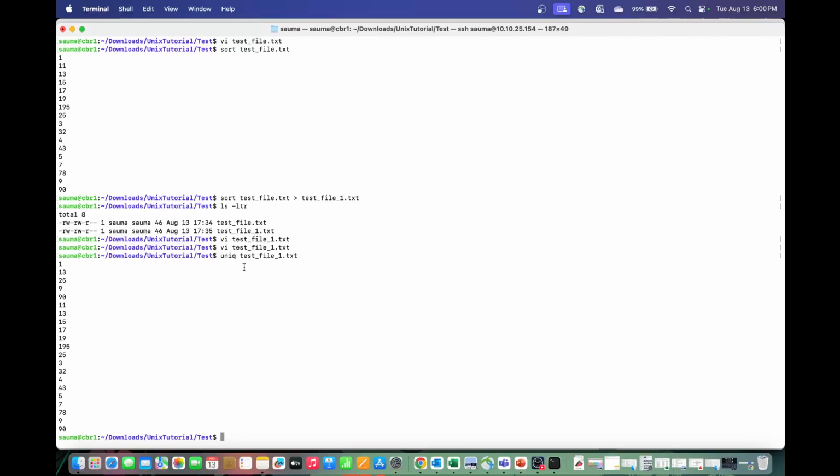Now it's the same thing if you want to save this in another file, you do a greater than and save it in another file. You move the output to another file. Okay. Now,